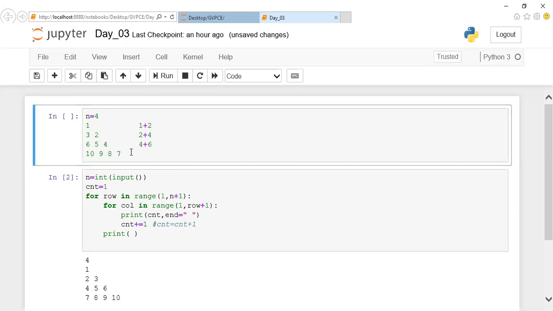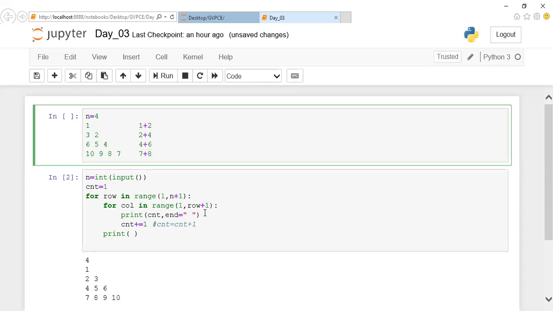Okay, the same way it continues. After printing 7, what will I print there? I should add 8. I'll print 15 for the next row. If the next row is there, I will be printing 15. This is the logic behind it. Take this number. After printing number, what should I do? I should print 3. So if you want to make 1, 2, 3, I should add 2. It's nothing but your first row into 2, into 4, into 6, and into 8.